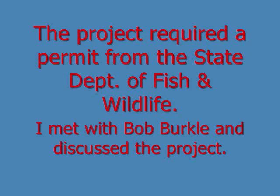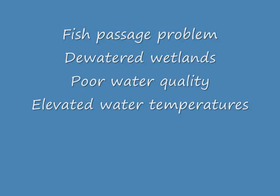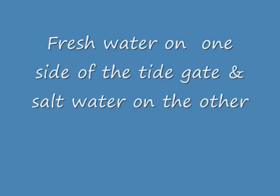This flood control project required a permit from the Department of Fish and Wildlife. Being the lead designer, I met with a fellow named Bob Burkle of the Montesano office of the Department of Fish and Wildlife. He very patiently explained to me all the negative impacts of traditional tide gates as far as fish passage and water quality and wetland impacts and things. And he made a very strong impression on me, and I set about to satisfy his desire to have a